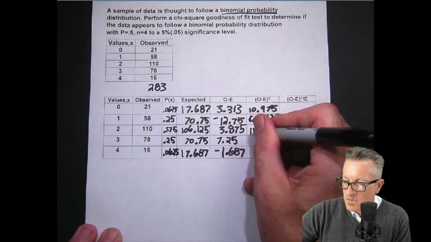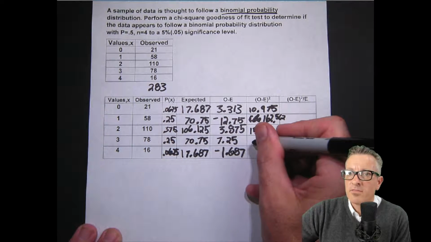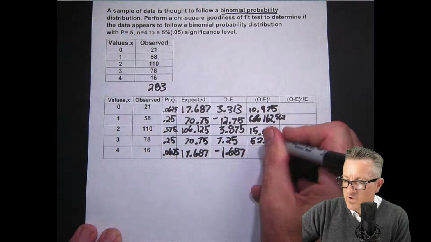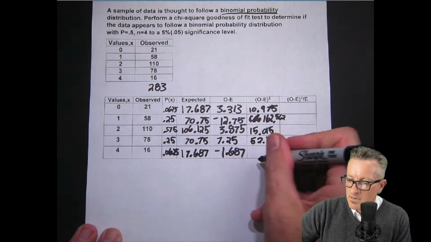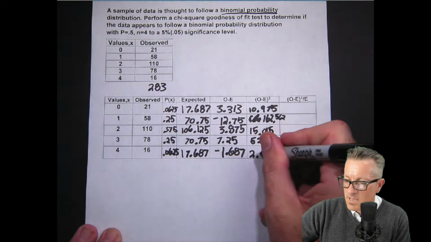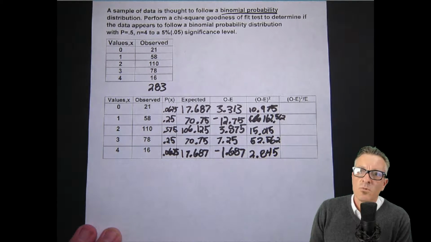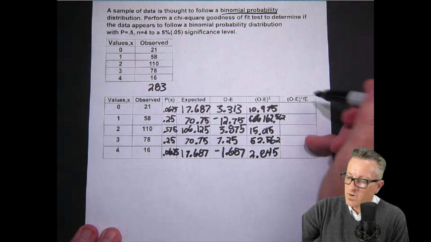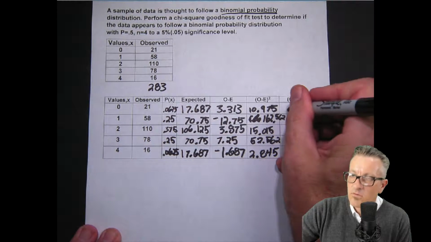Almost made a mistake there. 015, and then 52.562, and then 2.845. And then we go and we take the squared and we divide by the expected, and we get this